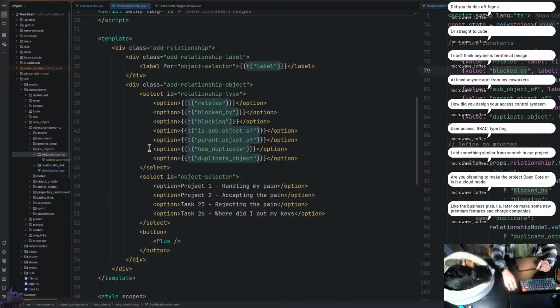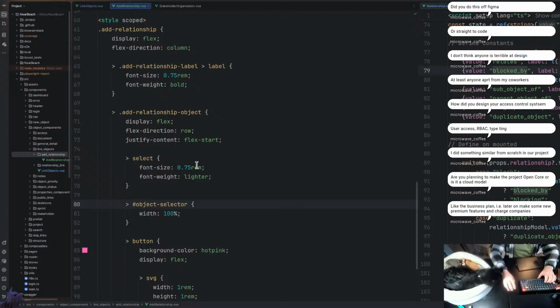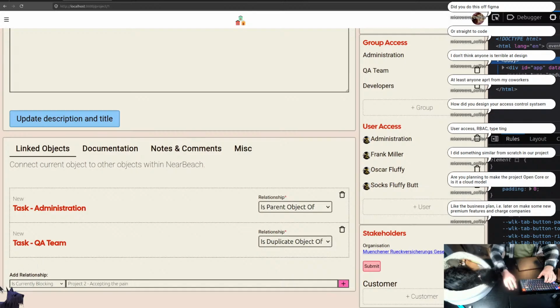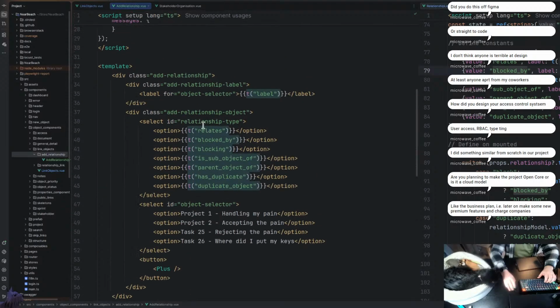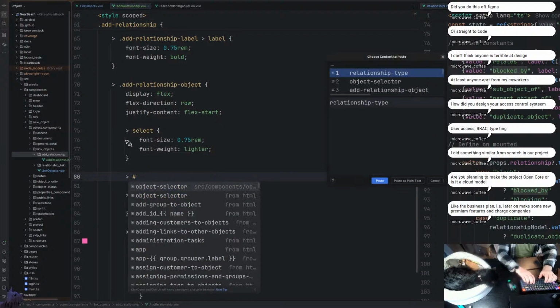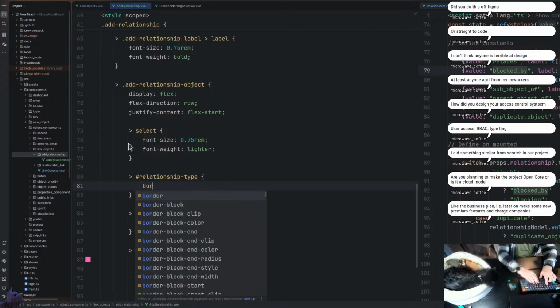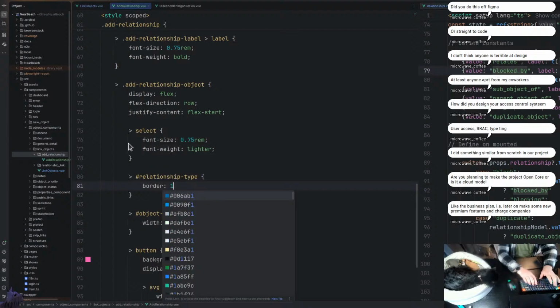So I've got this laid out how I want it. I'm happy with this layout. We've got the select, we've got the label where we want it. That's looking really, really nice. We just now need to do the borders. So straight off the bat, this is where we've got relation... Oh, excuse my French. We've got this one, and let's go border. We're going 1 pixel